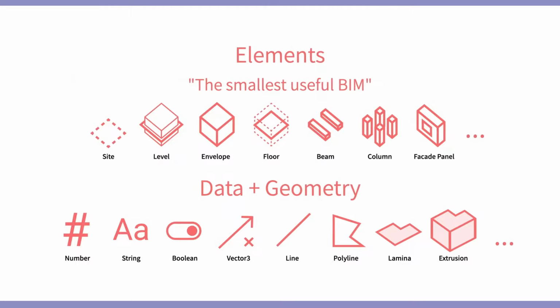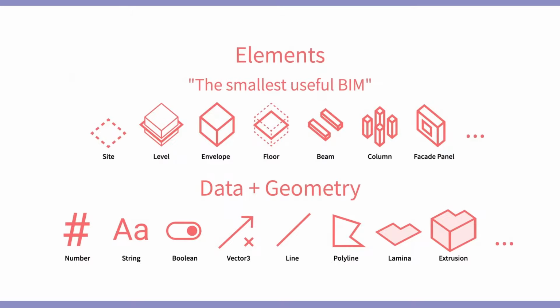So in addition to being able to describe a thing, like what is a column? What properties does it have? What does it look like? We also have a bunch of geometry tools that allow you to do things like raycasting and offsets and intersections and draw polylines and do extrusions and do Boolean unions and things like that. So it is both a geometry library and a schema for representing object types. So when I say schema, all I really mean is it is a way to specify what properties constitute some particular common type that we want to share between systems.